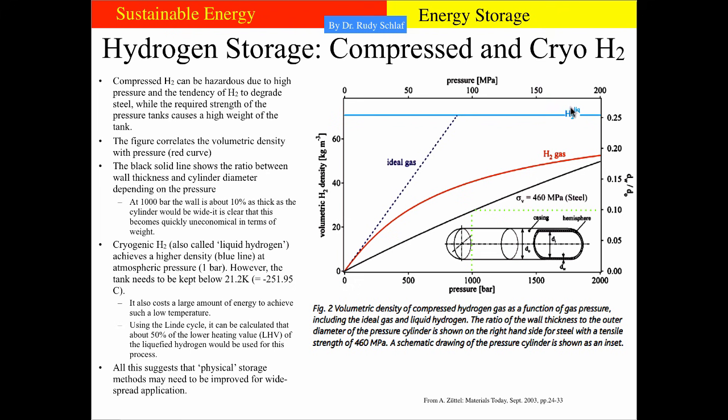Now, the blue curve is, for comparison, the volumetric density that could be achieved by liquefying hydrogen by cooling it down to its condensation temperature. And that means we would have to go as low as 21.2 Kelvin, that is minus 251.95 centigrades. So this is pretty close to the absolute zero, and you can imagine that this takes a lot